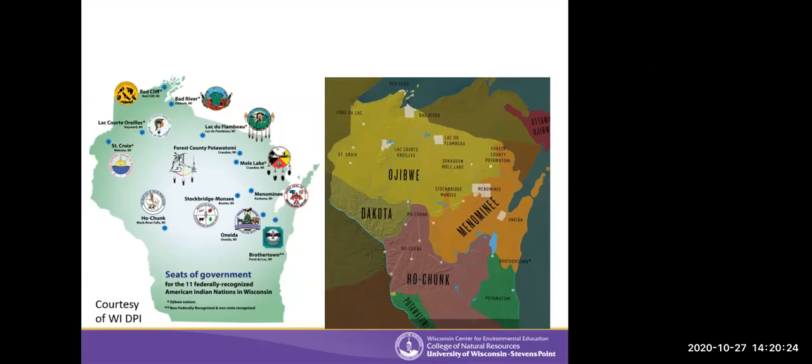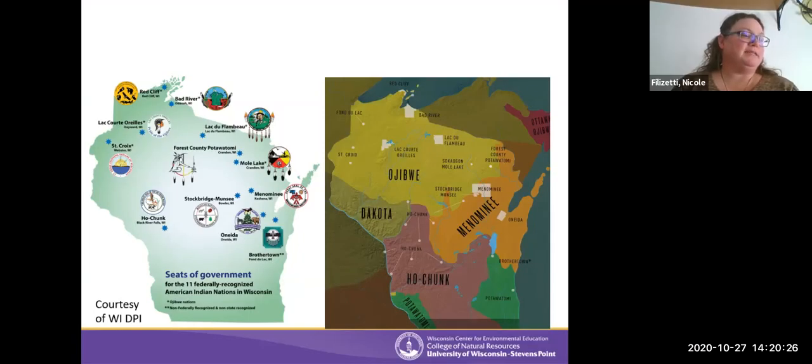Before we get started, I'd like to take a minute to think about whose land I'm on as I do my work and live my life today. I encourage you to take a look at this map and do the same, and to spend a moment thinking about what this means to you. I acknowledge that where I live is a historic homeland of the Anishinaabe people and is currently the home of the Lac du Flambeau Band of Lake Superior Chippewa. I'm grateful for the care that they and other Indigenous people have given to this land and these forests since time immemorial, and appreciate the ways their traditional knowledge affects my understanding of sustainable forest management and the work I do in education.